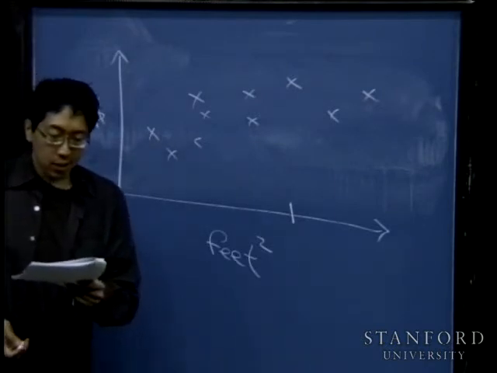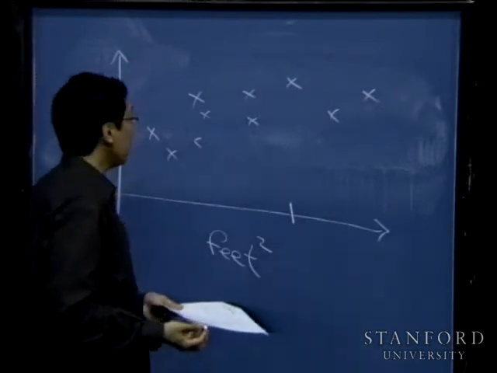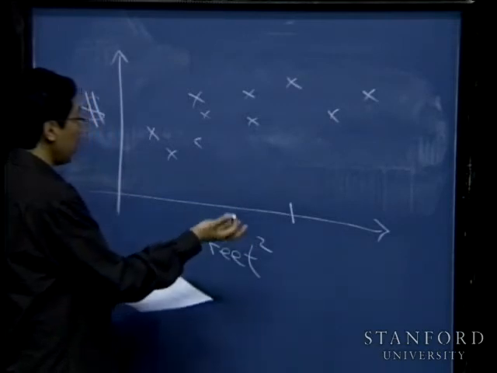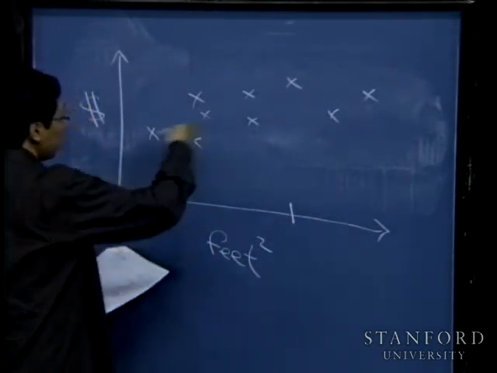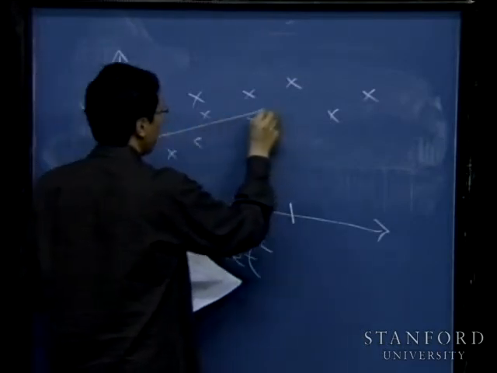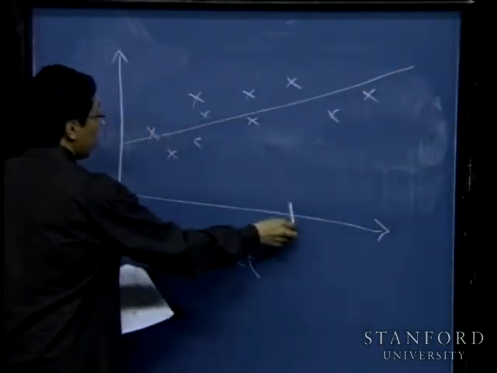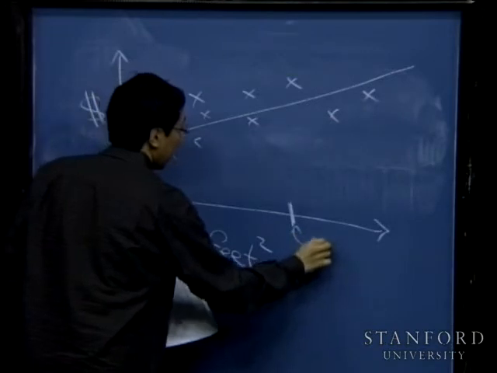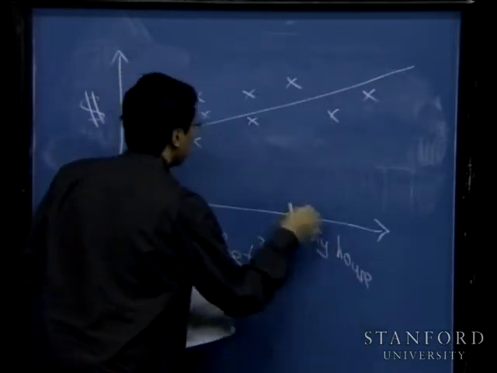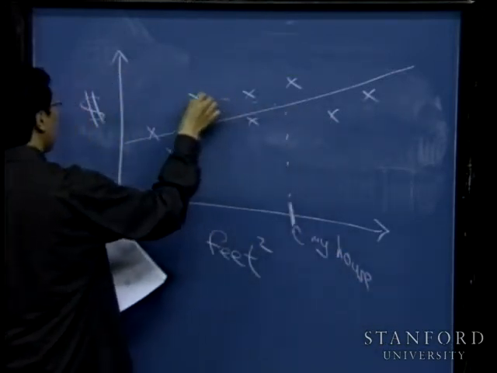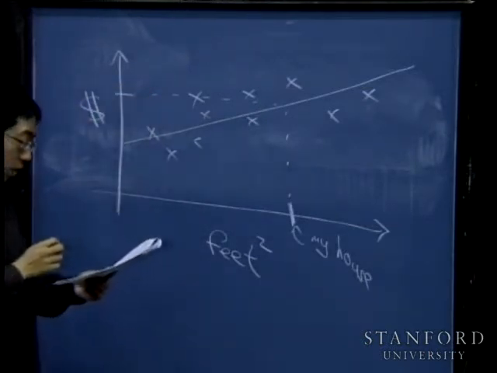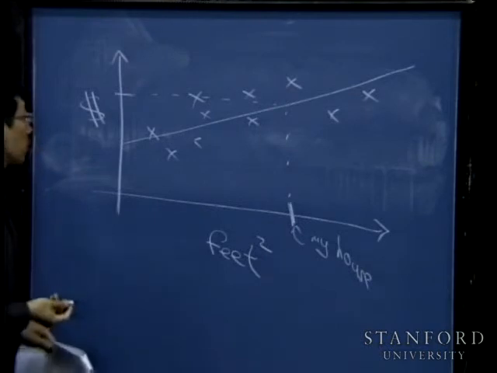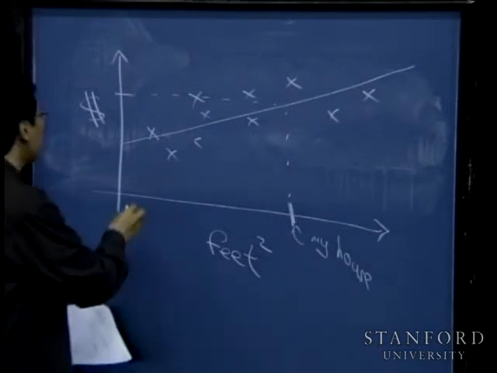Okay? So there are lots of ways to do this. And some of you may have seen elements of what I'm about to say before. So one thing you could do is look at this data and maybe fit a straight line to it. And then, if this is my house, you may then look at the straight line and predict that my house is going to go for about that much money, right?